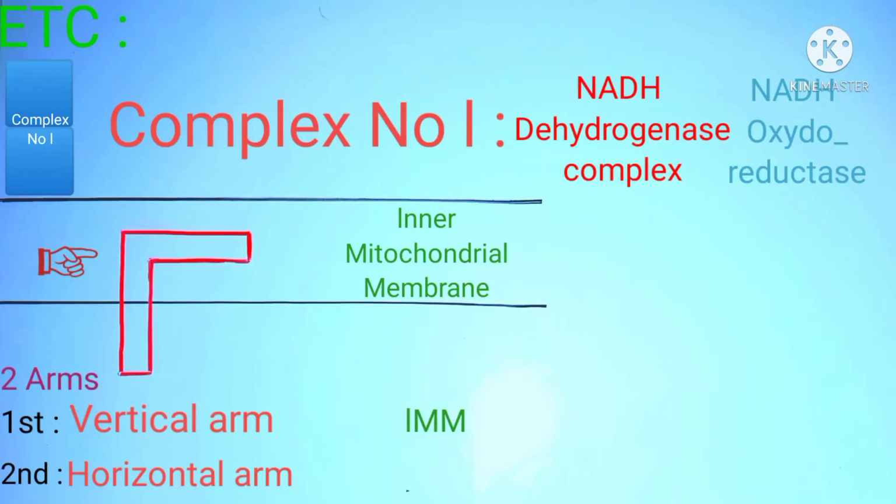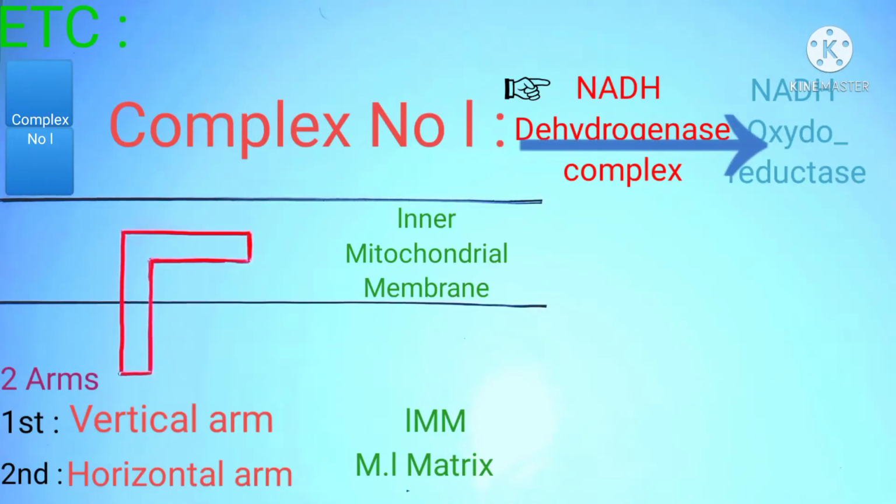On the other hand, the horizontal arm is present inside the matrix of the mitochondria. It is very easy to understand the job of any enzyme which is functioning during the electron transport chain. By just considering its name, its nomenclature, we can easily understand the function and job of any enzyme. So the enzyme complex 1, which is called the NADH dehydrogenase complex, is so called because it is a